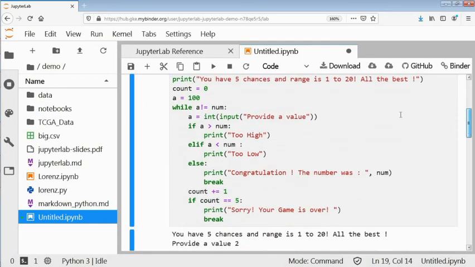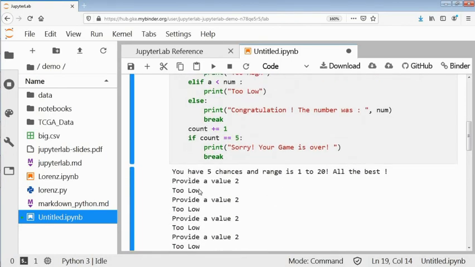Now I go to a while loop. In the while loop I am saying while a is not equal to num, the loop will run. I am setting a equal to int input, provide a value.